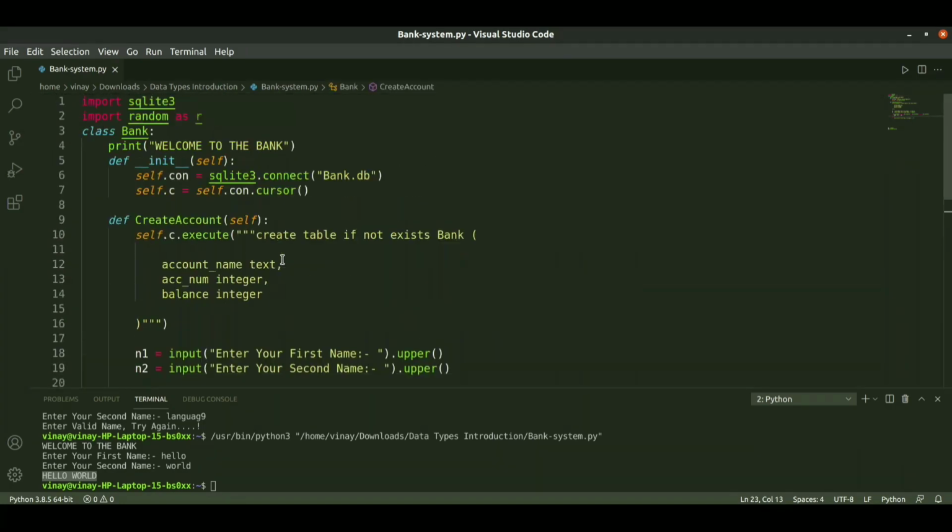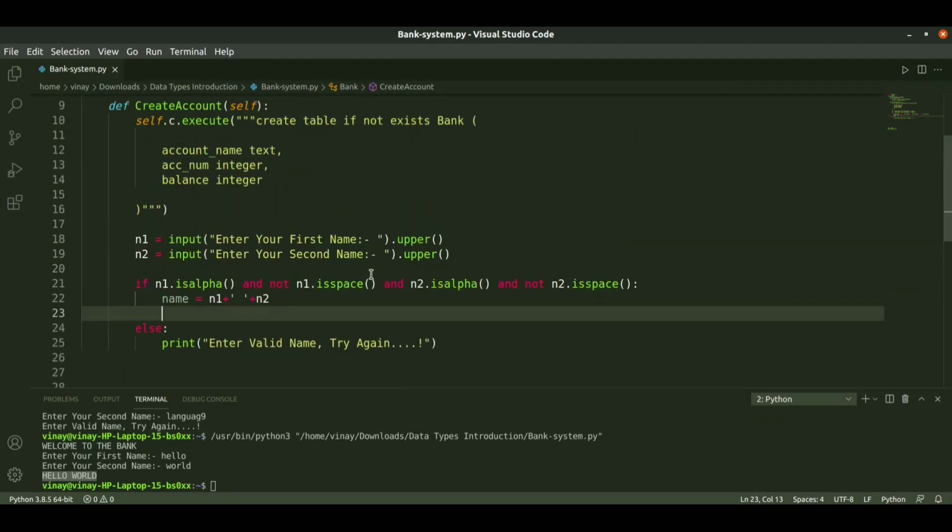Now I am importing the random module as R. So we take the variable account number, that is equal to, so we need to generate a unique account number, so we need to use the random module.